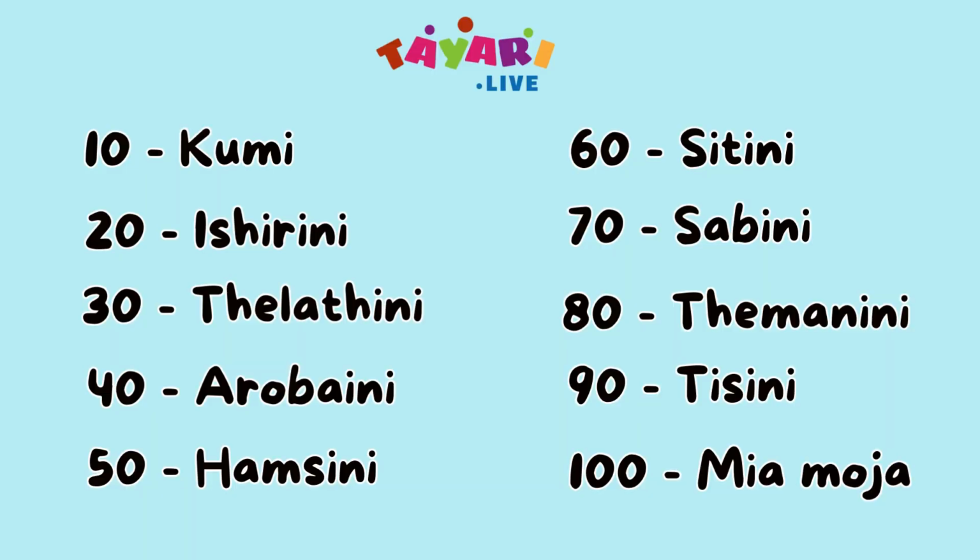But remember to use your tens. 10 na moja, 20 na mbili, 30 na tatu, 40 na 4, 50 na correct, 55, 60 na 6, 70 na 7, 80 na 8, 90 na 9, alafu tunamaliza na